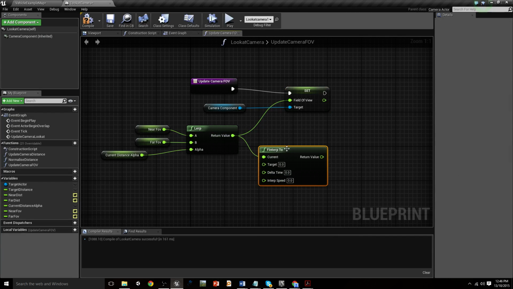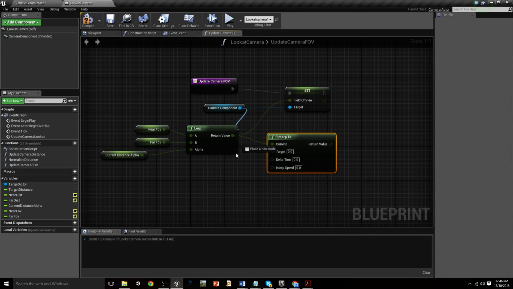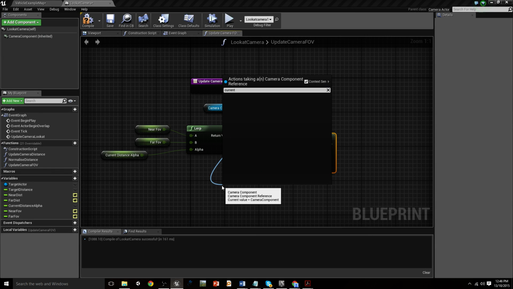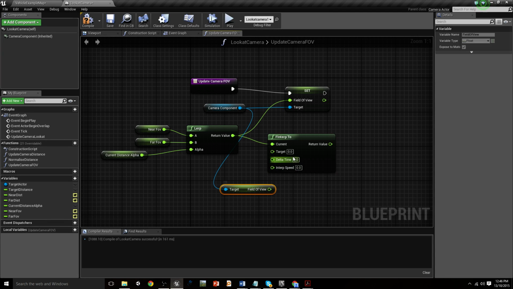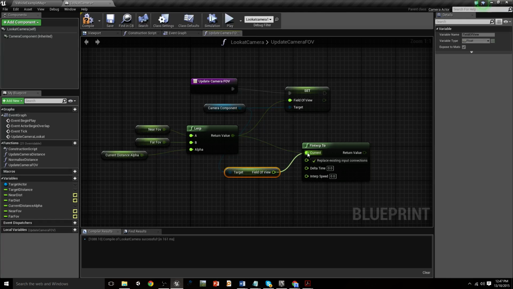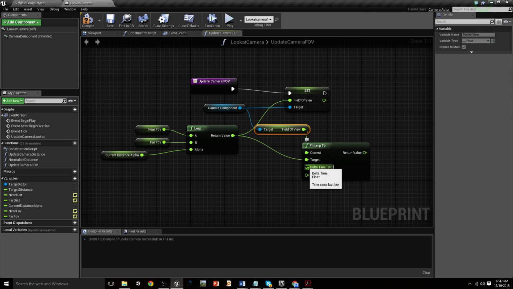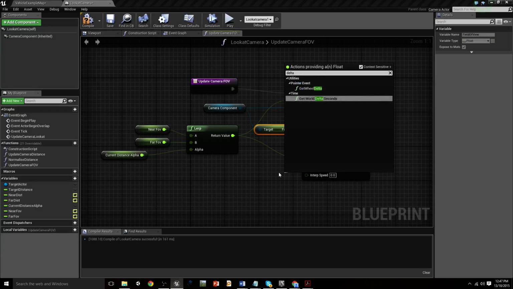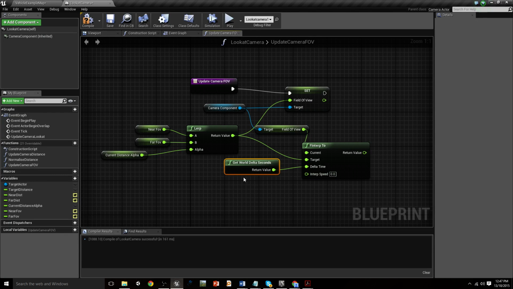Float interp 2, here we go. So we can get the camera component, get its current field of view, and then we get the target one, which is the result of this lerp. We can drag off from delta time and get world delta seconds, and then we can